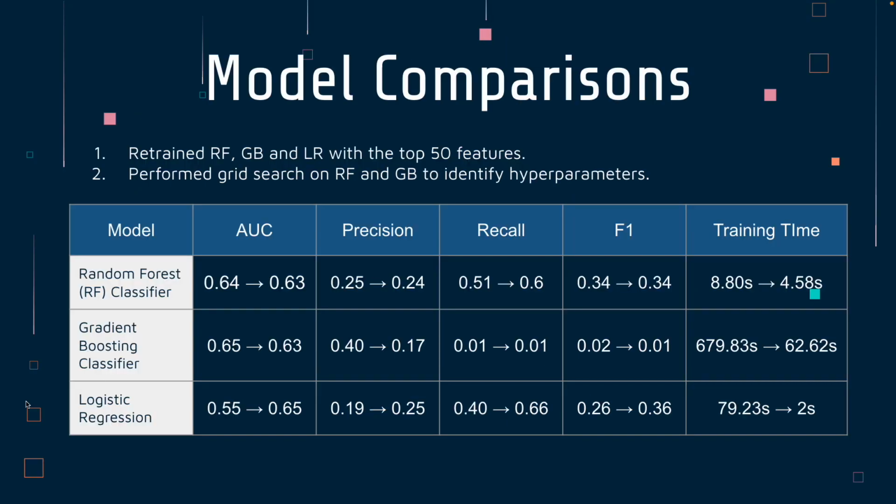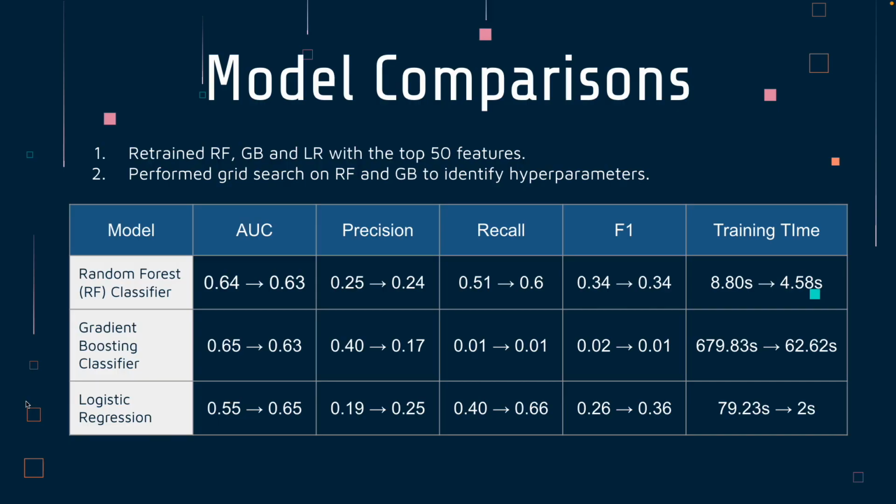And what we did there was we retrained random forest, gradient boosting, and logistic regression with the top 50 features, and measured the effects on that. We then also took a look at hyperparameter tuning to see how that would impact our metrics as well.